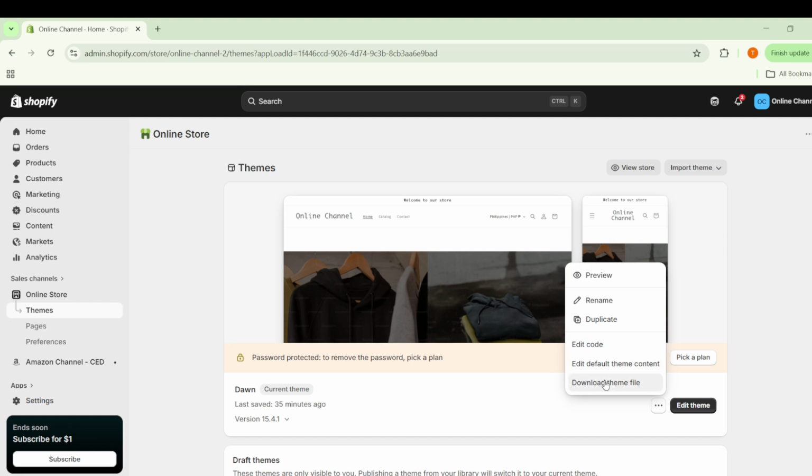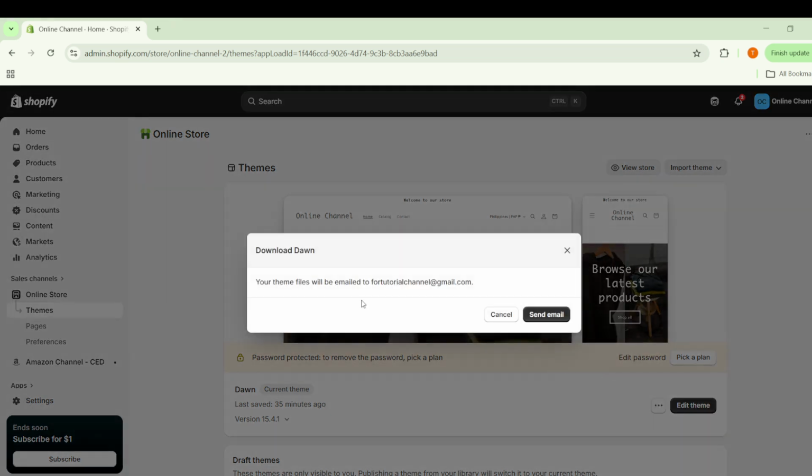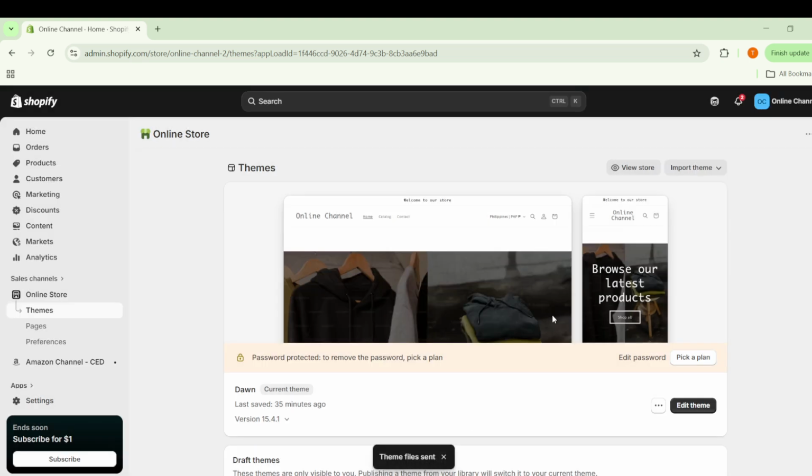You will not receive it instantly as a direct download in most cases. Instead, Shopify will send a zip file using your store notification settings. Once the zip file arrives, save it somewhere easy to find, like your desktop or a dedicated folder for Shopify assets. Keep the zip file as is. Do not unzip it, rename internal files, or modify anything inside, because Shopify expects a specific structure when you upload